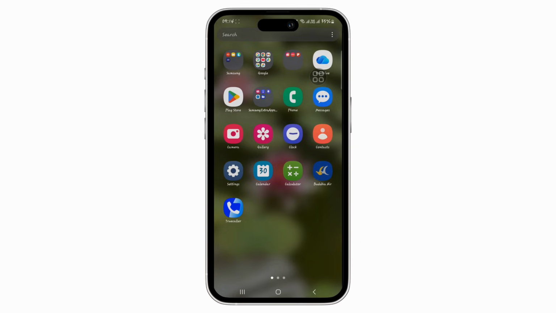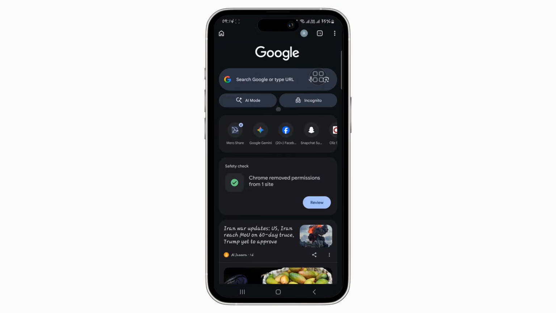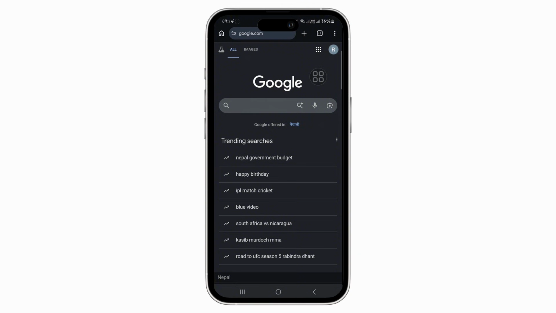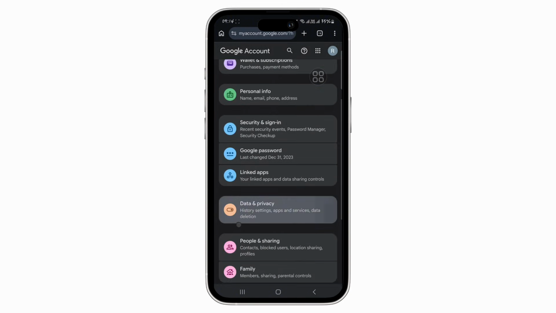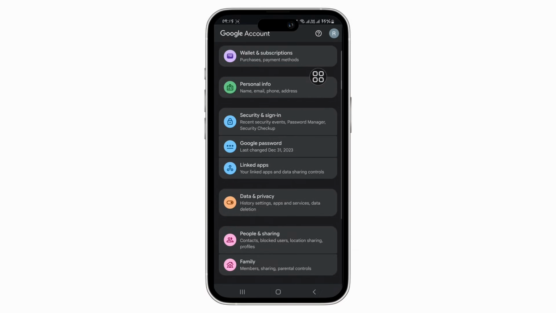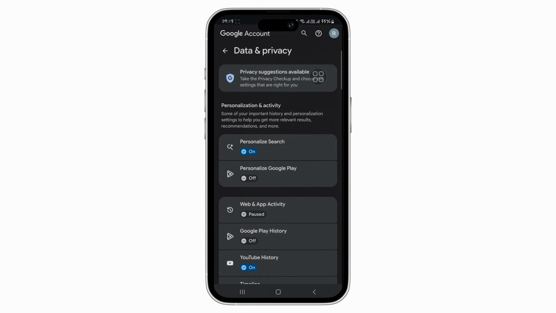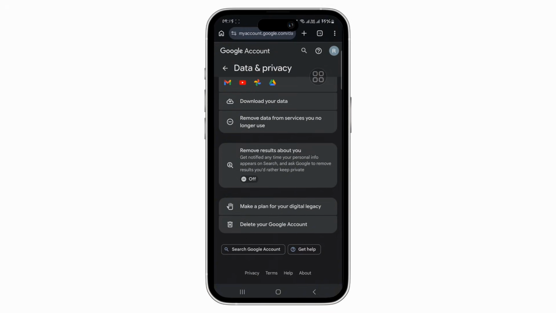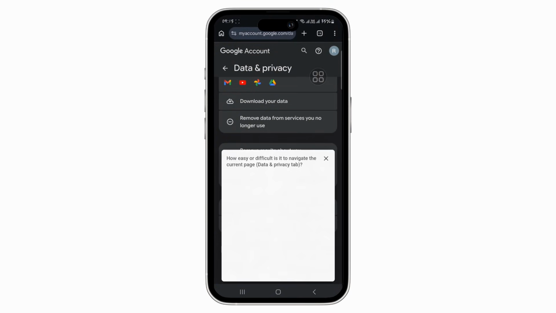So, to begin, you need to open a web browser on your mobile device and then go to google.com. Tap on your profile picture icon in the top right and select Manage Your Google Account option. You'll be taken to this kind of interface. You need to scroll down and tap on Data and Privacy. From this page, scroll all the way down again, and you'll get the option of Delete Your Google